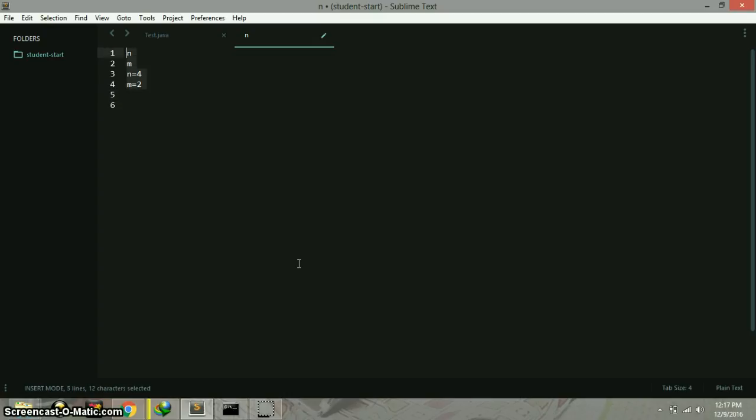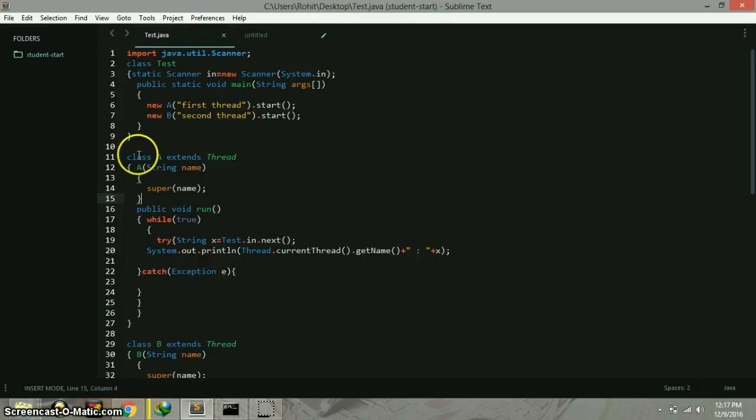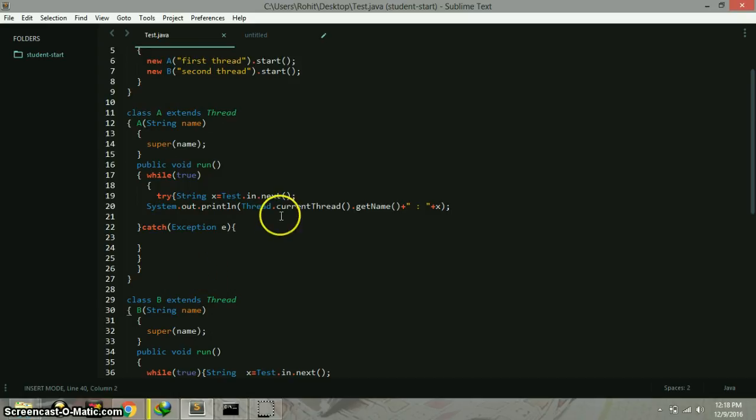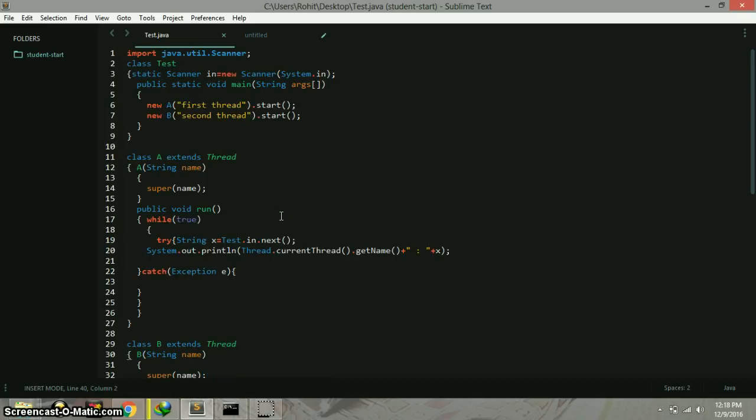And now the second question is related to Java programming. I don't know if it will be the same in other languages or not, but in Java I have made two threads. The first one is A thread and the second one is B thread. Here are the classes, and what I'm doing is I'm binding these two threads with a single input stream,